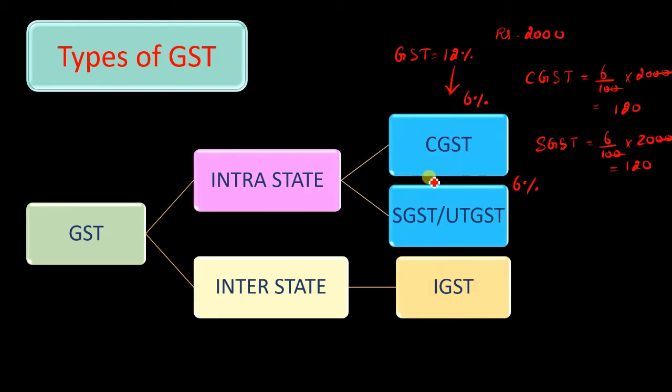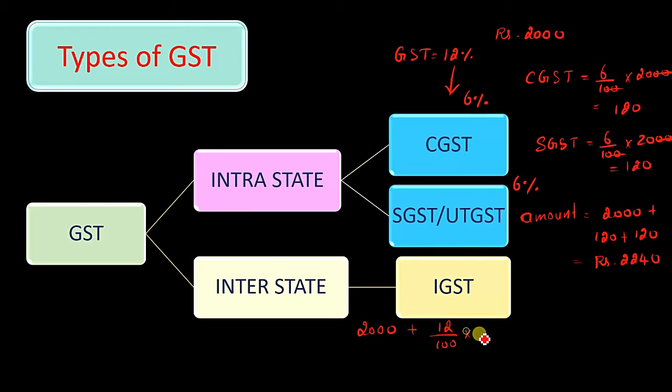So the total amount to be paid for the particular good will be rupees 2000, that is the cost price, plus CGST and plus SGST, which is rupees 2240. Same thing, if you purchase it interstate, the cost price of the good will be 2000 plus IGST. IGST will be calculated together. 12% will be calculated together. So 12 by 100 into 2000. So the total cost will be again 2240 rupees. It's very simple, children. Remember, when you are calculating CGST and SGST, half of the rate you have to take. When you are calculating IGST, the full rate you will take.